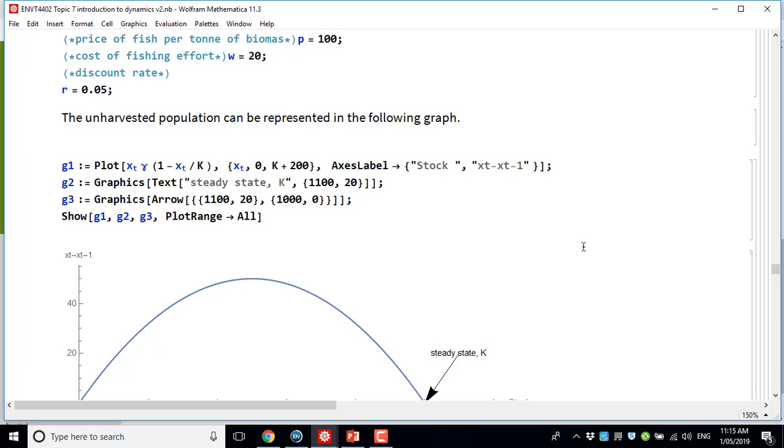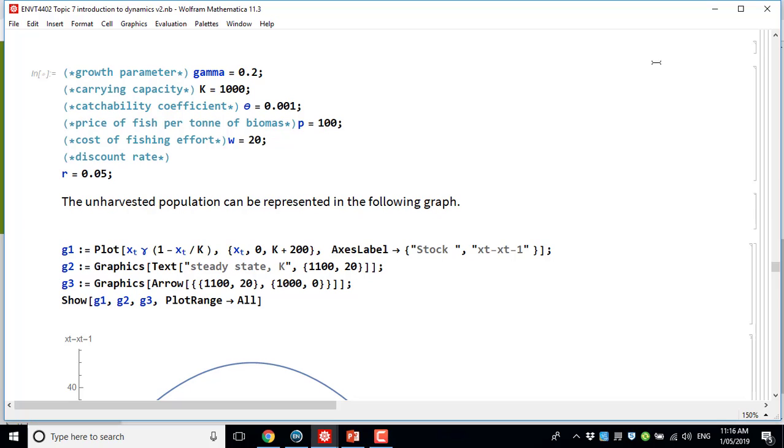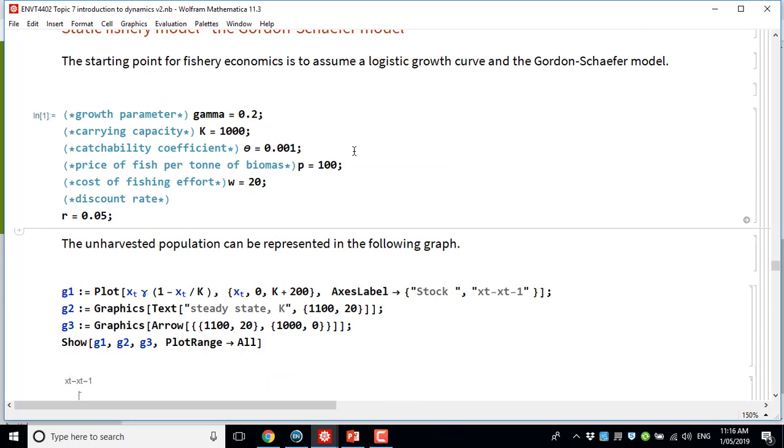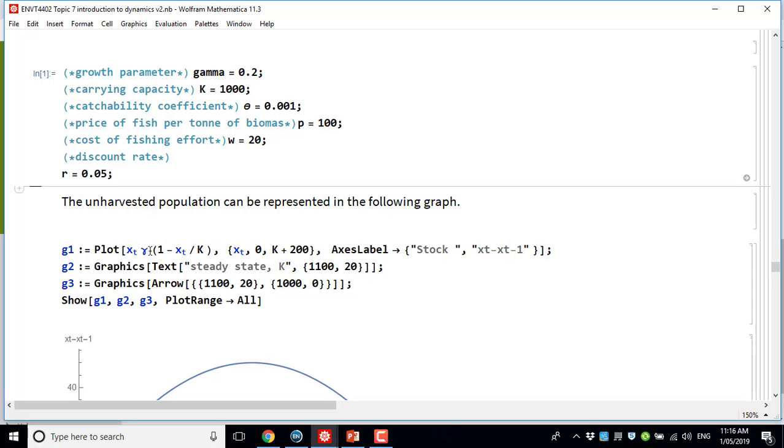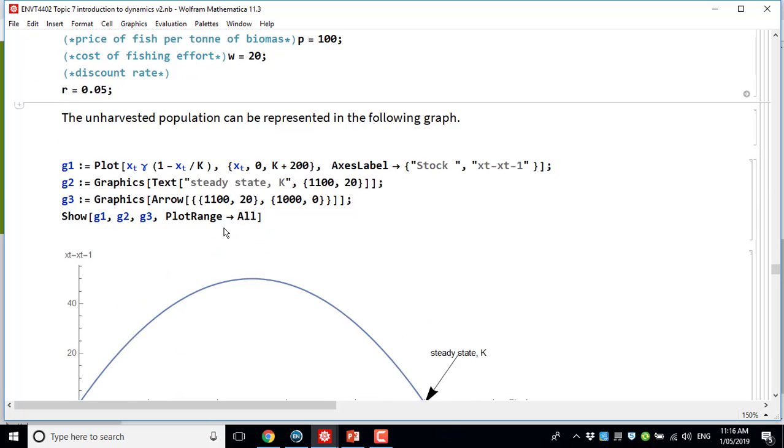and that was all about analysing fisheries using the steady state, and they defined something called the yield effort curve, which is a relationship between the catch of fish and the amount of fishing effort that goes into the fishery. So if you just scroll down here and just make sure that this block of parameters are defined, and